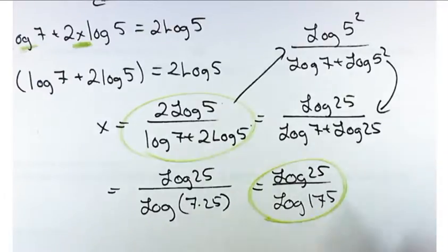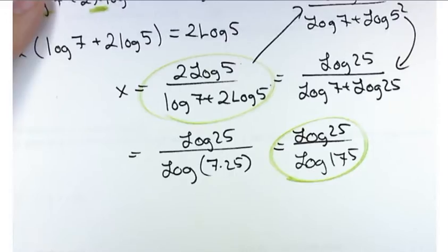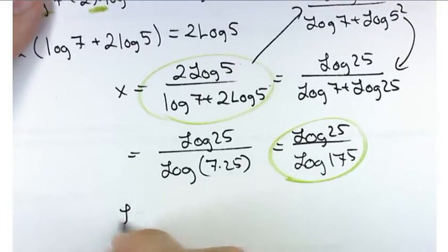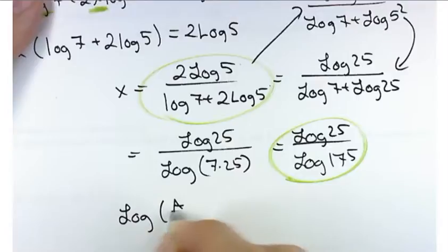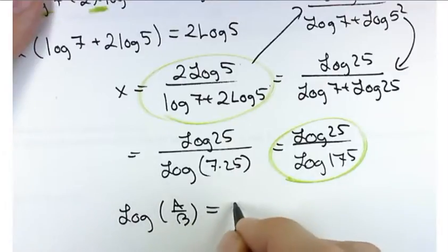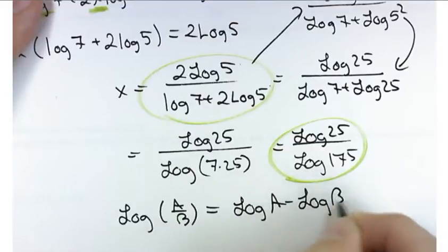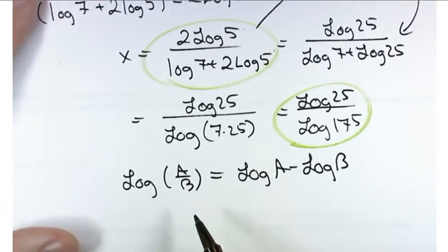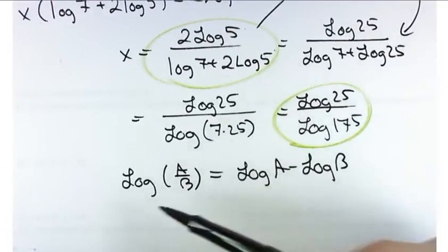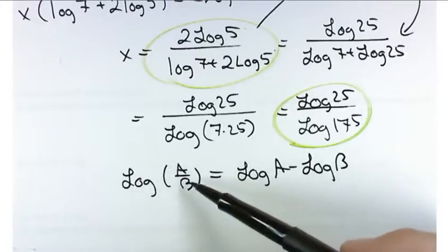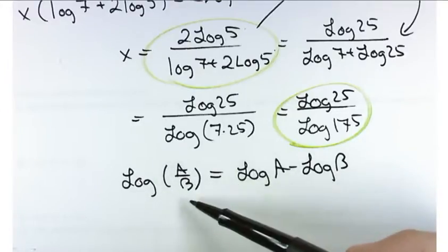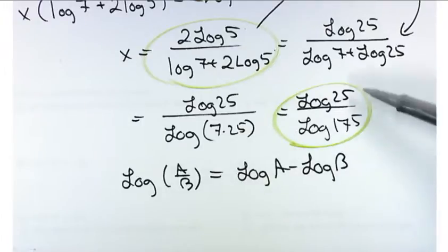What you're thinking of, and I know it's really tempting, is that the log of A divided by B is the log of A minus the log of B. But does that apply here? No, because the difference is you have the log of this whole thing, not the log of the numerator divided by the log of the denominator. They look close, and they always get confused. So don't feel bad, you've got plenty of company. But